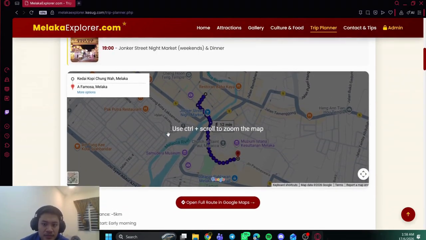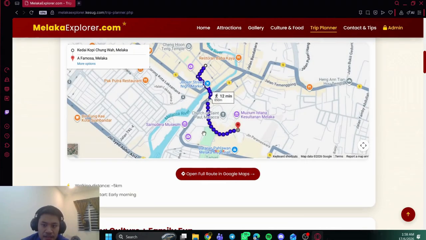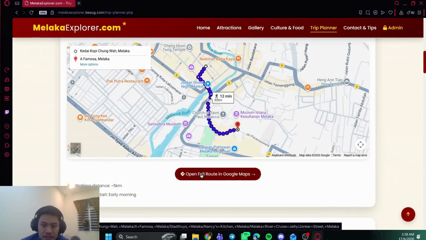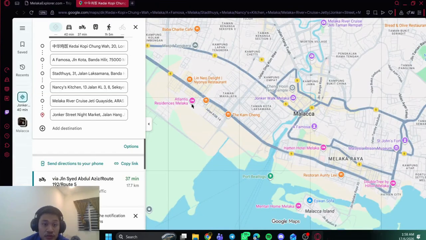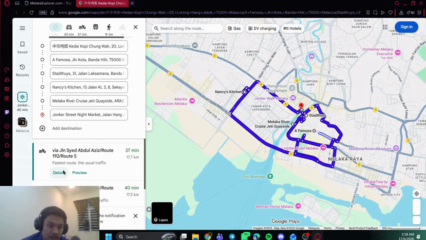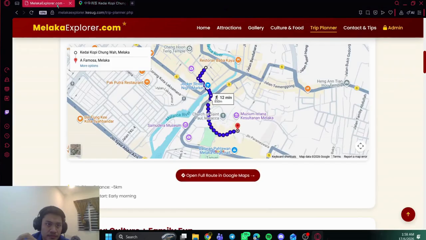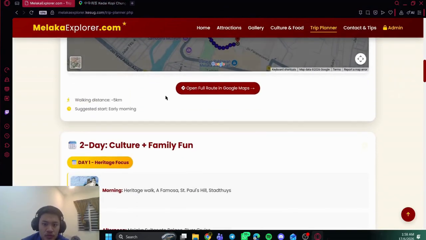And then for the special part, if we scroll down, we can see the open route button. If you click here, it will bring you to the Google Map and all places we provide are listed in this map. So very easy for tourists to follow our tentative. You can see the address of all the places we provide. And then they can choose either they want to use a bike, Grab or anything. And then we go to the